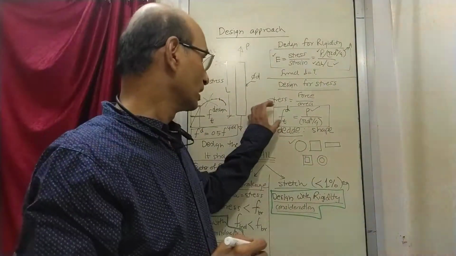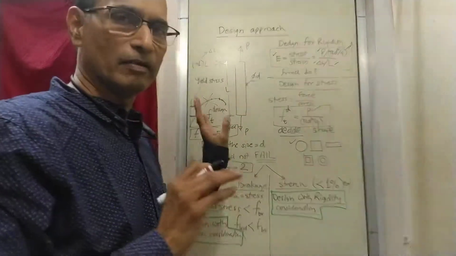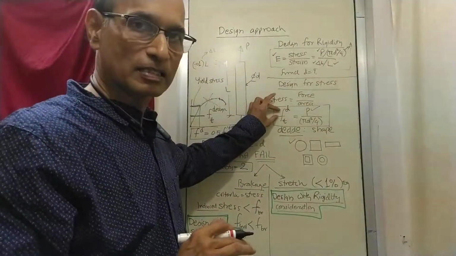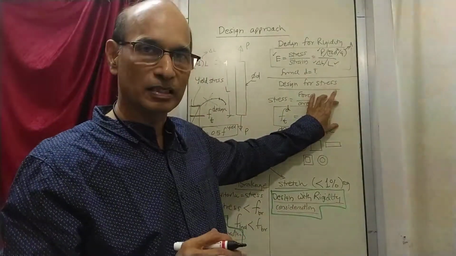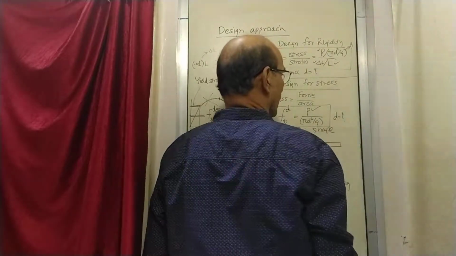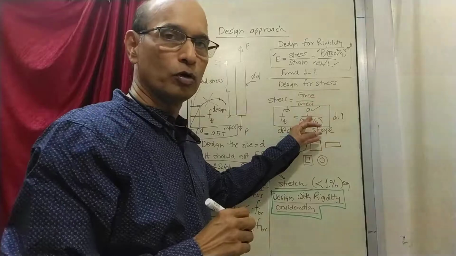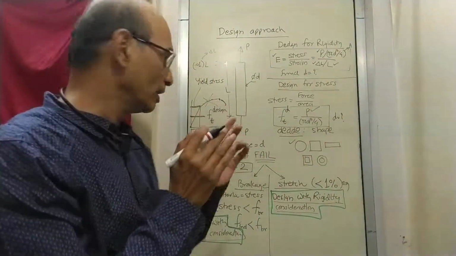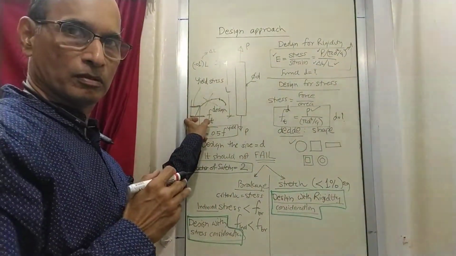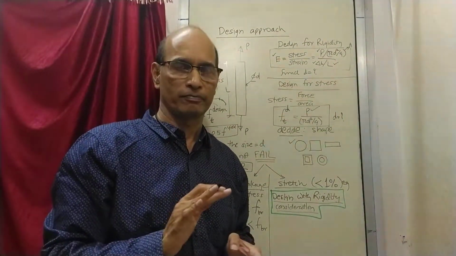So we have selected a value of design stress much less than the yield stress to make it very, very safe. And for this stress, we are now going to apply this equation, and now you are going to find out D. And that D if you provide, then for this size, for this load, you will develop a stress in the material which is only this much, and it will be safe. Okay, it will be safe.